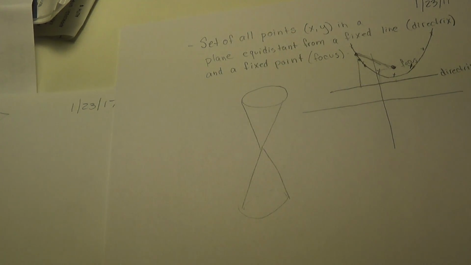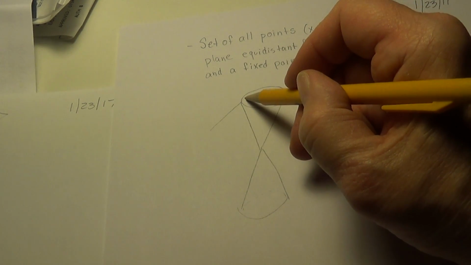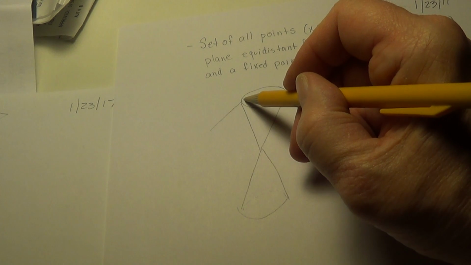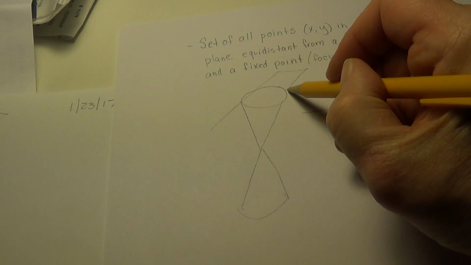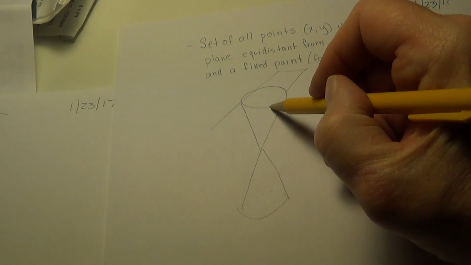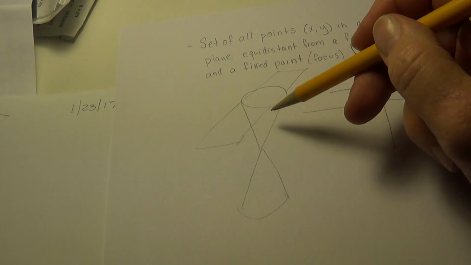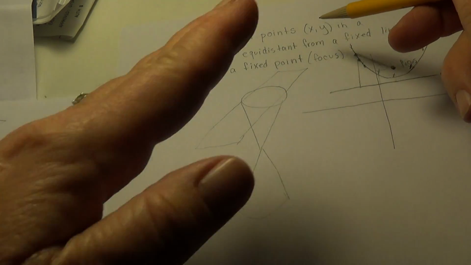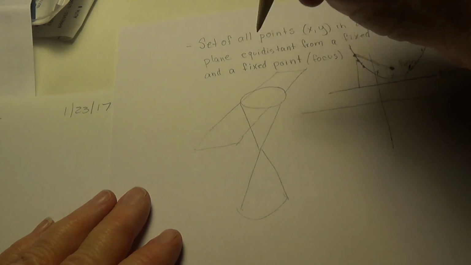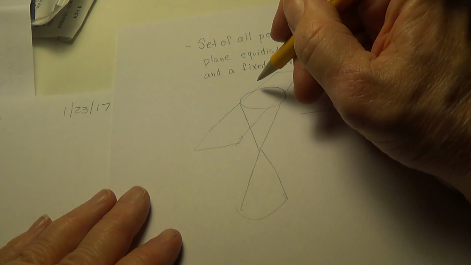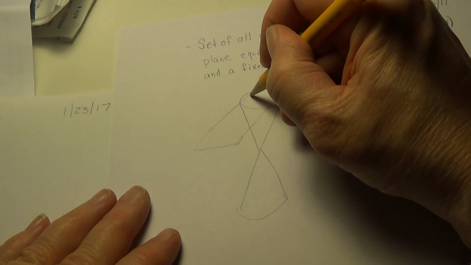If we take a sharp piece of paper or plane and we cut it straight through here, so imagine a sharp plane intersecting with the cone at sort of this kind of an angle here. Can you look down and visualize the intersection between this plane and the cone? It's going to look something like